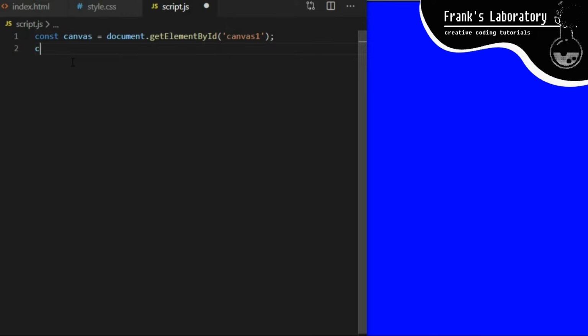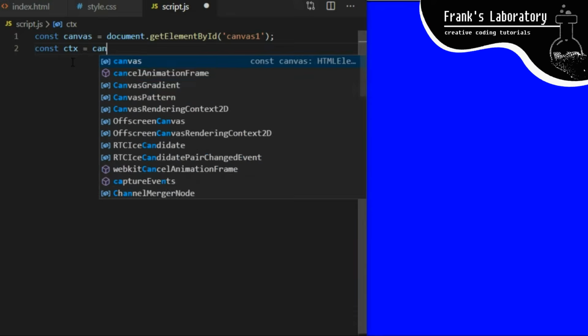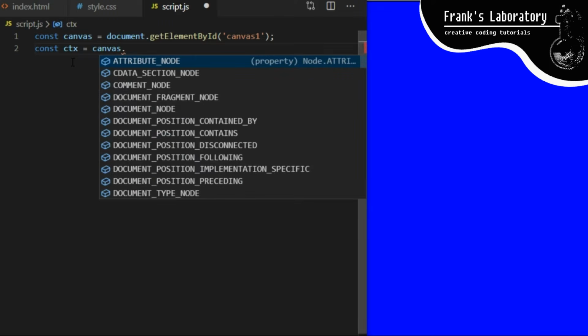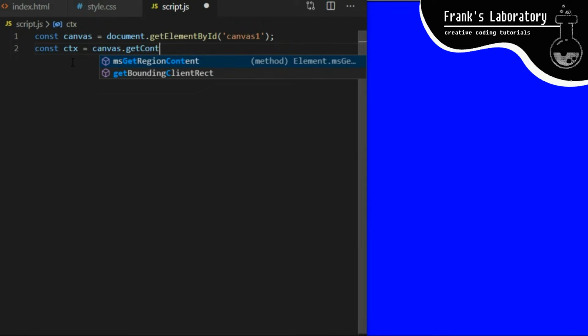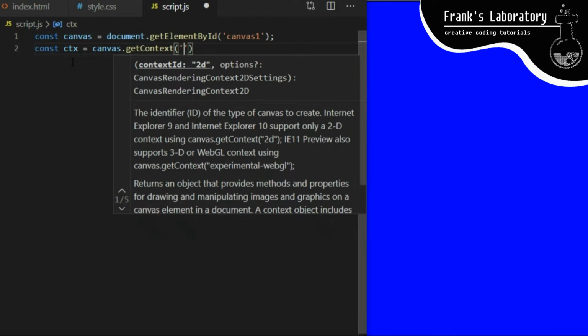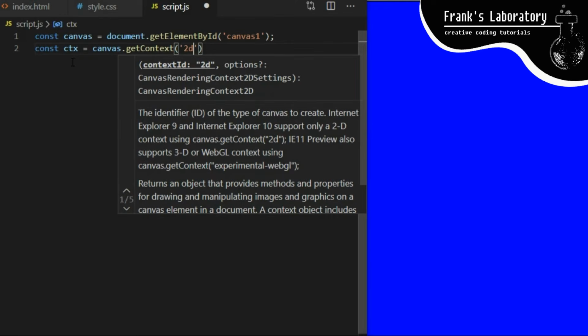As I said, we have two different APIs that allow us to draw on Canvas: Canvas API and WebGL API. I will use Canvas API, which focuses on 2D. To do that, I create a new variable. I call it, for example, ctx, shortcut for context, and I set it equal to canvas, which is a variable from line 1, dot getContext, and as an argument, I pass it 2d. This tells JavaScript which one of these two APIs I want to use for my project.